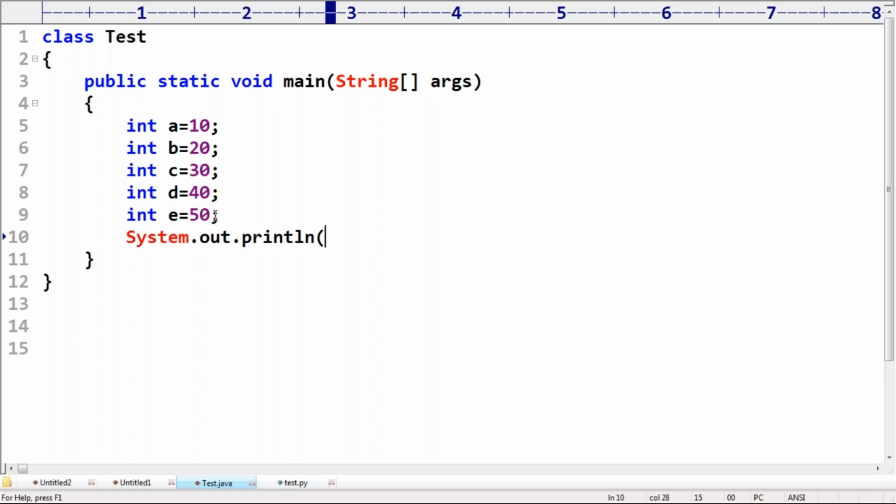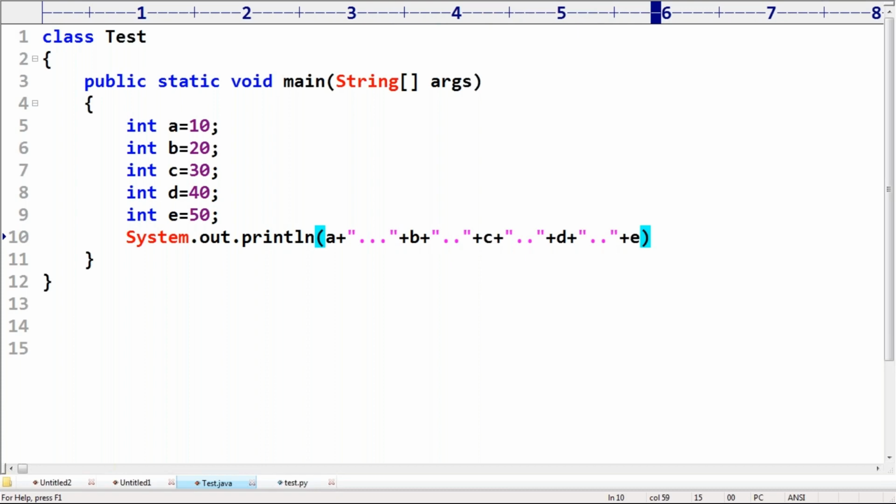System.out.println. Can you please print A, B, C, D, E values, right? Please guide. What is the way? What do I have to take? A plus, and then a colon, something like dot dot dot. Okay, B plus dot dot dot. So C plus dot dot dot. So next D plus dot dot dot. Okay, E. Like this I'm taking, sir.